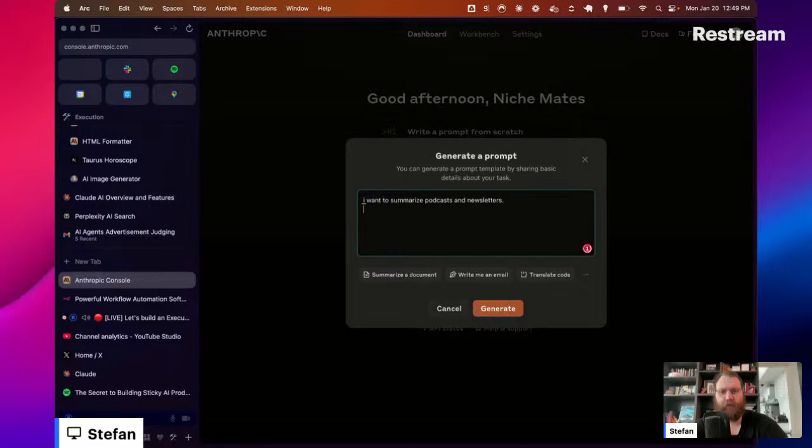And now we want to tell it what we want to get out of it, right? Make sure it extracts all the key insights. So essentially, this is like, what do we want? And lessons. This will depend on what you want the tool to do. But right now, I want to summarize something, right? Key insights, lessons learned, strategic things, and things I can use for strategy.